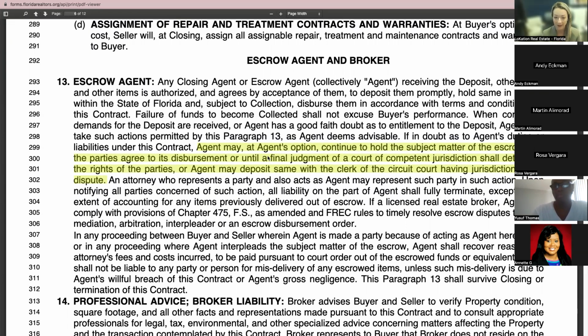The only way that a title company is allowed to disperse monies back to a buyer or allot it to a seller is with a release and cancellation signed by both parties, or a final judgment from the courts. So now you can't get a release and cancellation signed and both buyer and seller retain an attorney, they go to court, there's going to be a final judgment. You're going to need that document, the title company is going to need that document in order to send the funds to